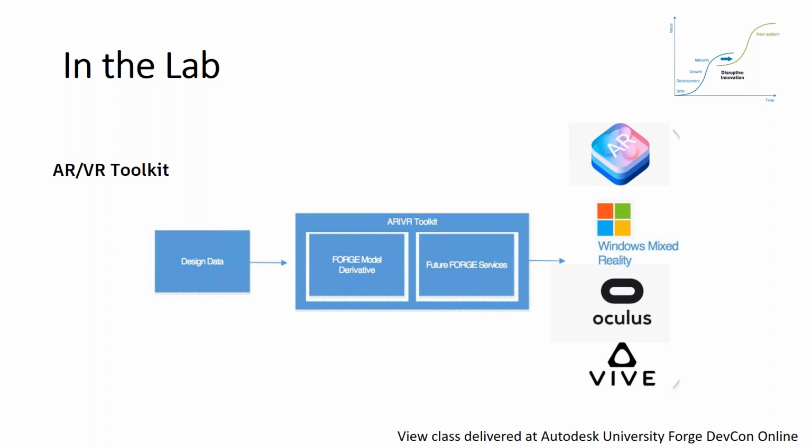Now we've made a decision. We're really going to open source. We're going to basically take the ARVR Toolkit, and this is going to happen in the next week or two, and put it out there as a big code sample on how you can use Forge to feed your ARVR pipelines, to feed your Unity, Unreal, ARKit, ARCore, WebVR pipelines in a very easy, simple way, and really putting you in control. We know with ARVR, people spend an order of magnitude more time prepping content than they actually do building the app, building the experience.